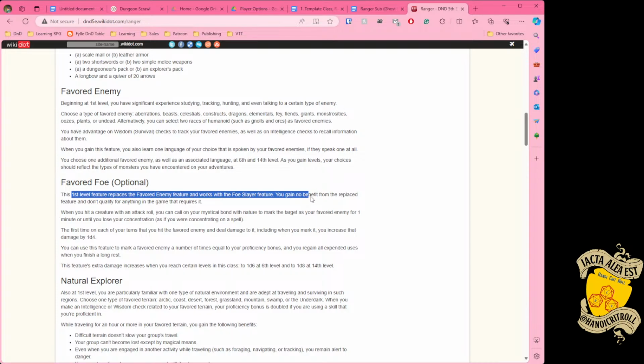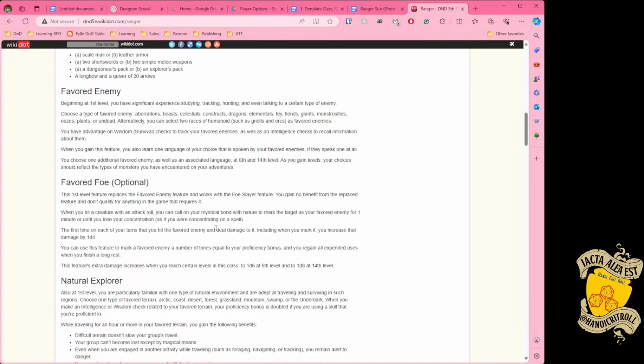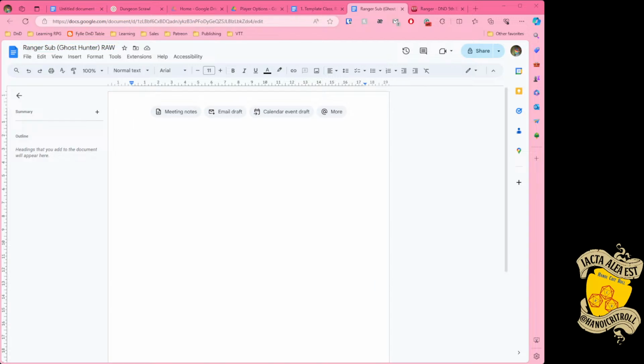I haven't checked the hunter or the ranger in a long while, but they basically either get favorite enemy or they basically just get a hunter's mark. I mean, okay. They're not bad ideas, but probably not what we're gonna do, right? Okay, let's think about this. What do we want to do with the